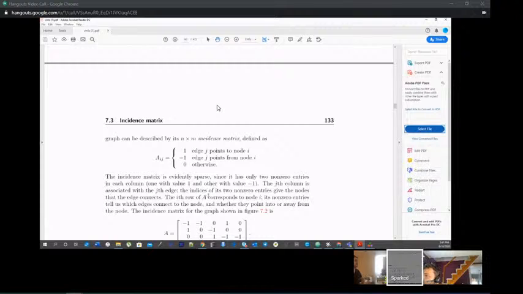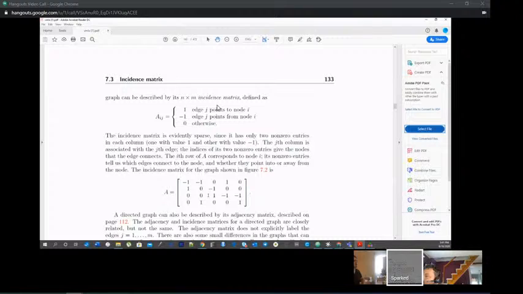It says in here that you can do it with a selector matrix, but